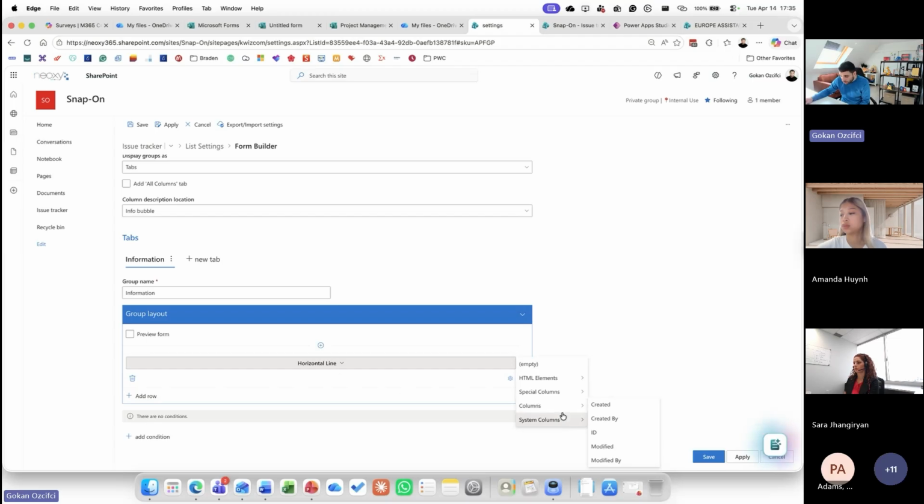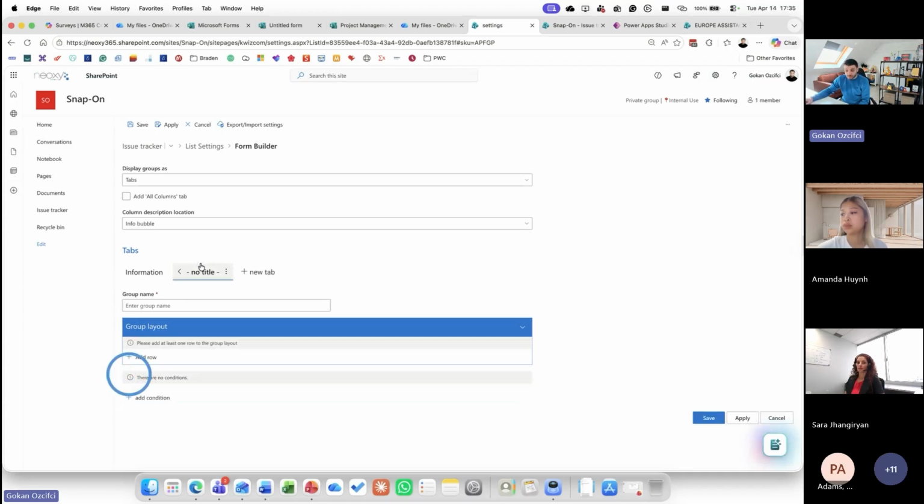Now, I'm going to go here, let's say for the title. I want to see the title. You can make a difference and add a second part, and then you can add something else, let's say created by. That could be the first tab of your form. If you want to add a second tab, well, you just click here on new tab, and then you say general